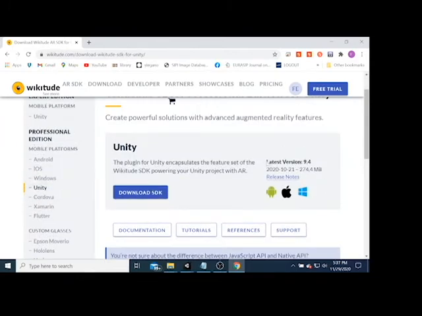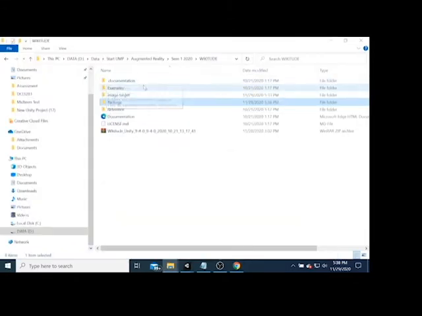Then you can see the latest version now is 9.4 and it requires 274 megabytes. So you can download it from here. You can get this file. First is the documentation, the examples of the Wikitude.